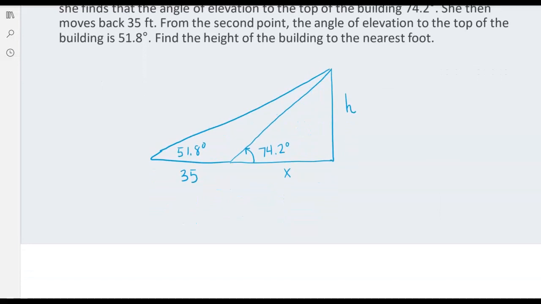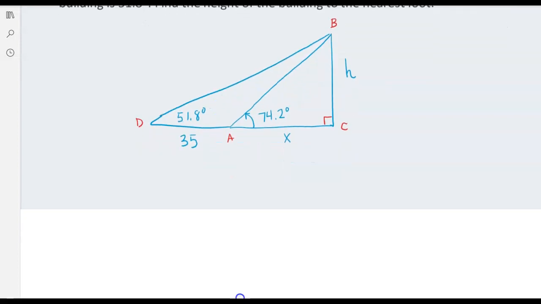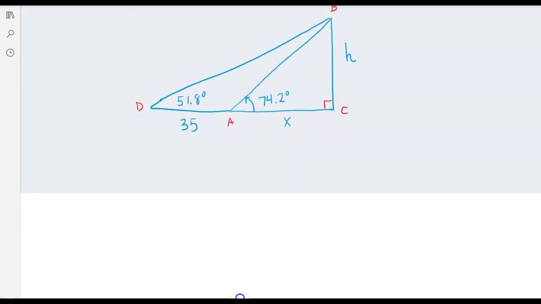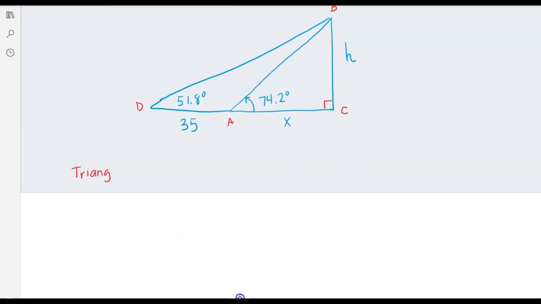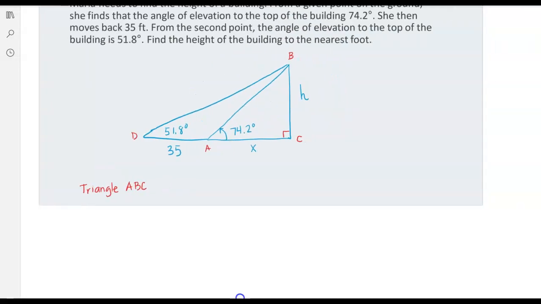So let's put some labeling here. Let's call this triangle ABC, the original triangle that was created from her first measurement. And then let's put another point here because we created a new right triangle when she stepped back. So looking at triangle ABC, which is the one on the right there,